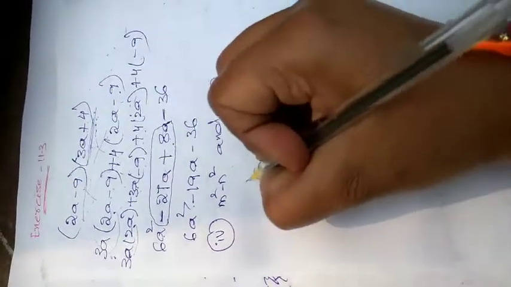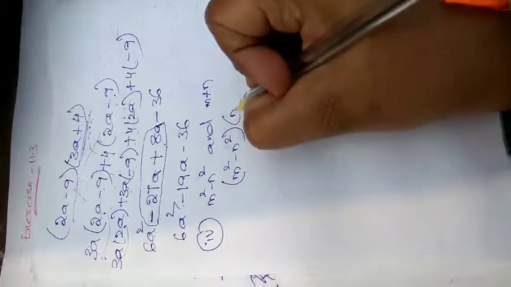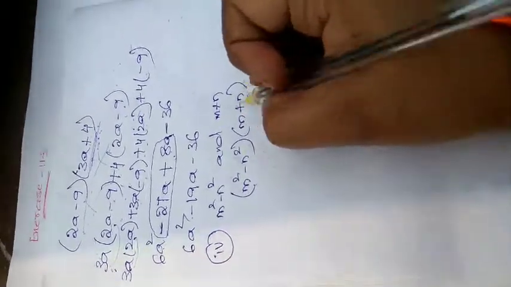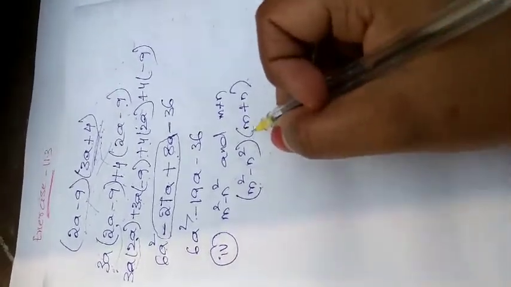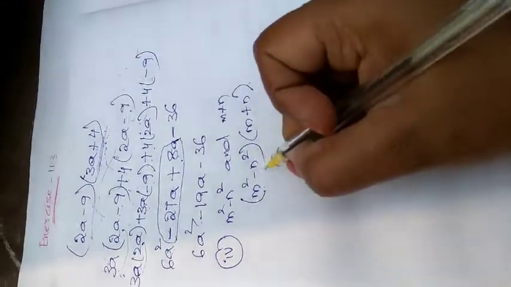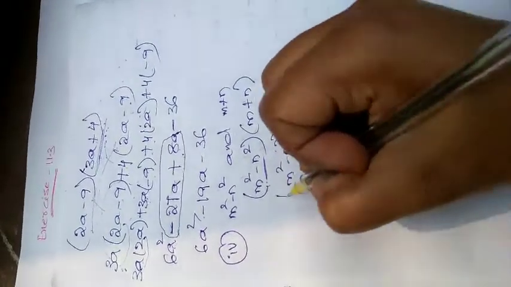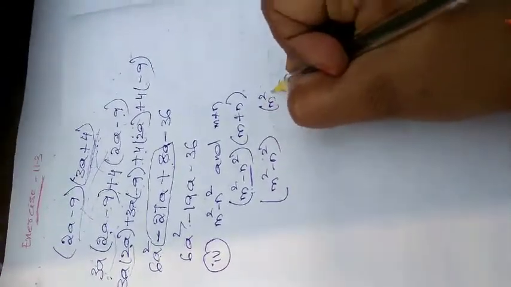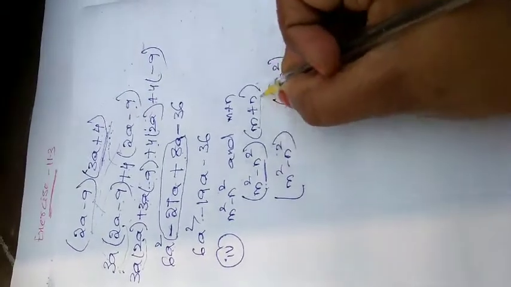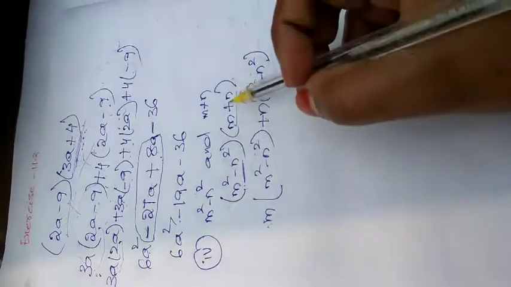Both are binomials. So m square minus n square into m plus n. Split any one of the two expressions and write the other expression 2 times. So let me write this one 2 times, m square minus n square. Here also you will have m square minus n square. I wrote it 2 times, and the other expression is split, m here and plus n here. With the symbol you should split.